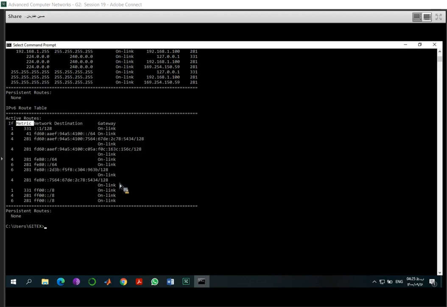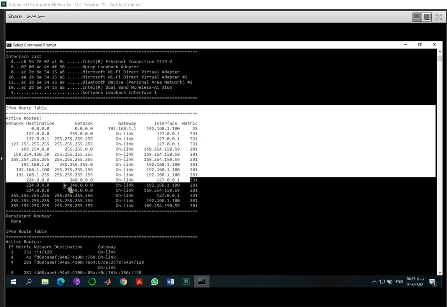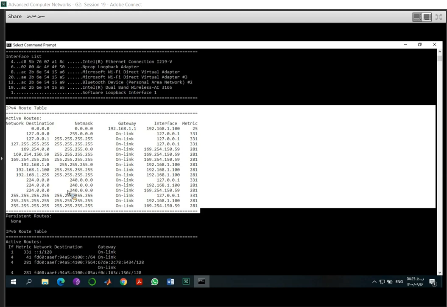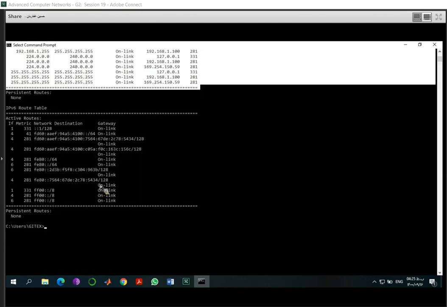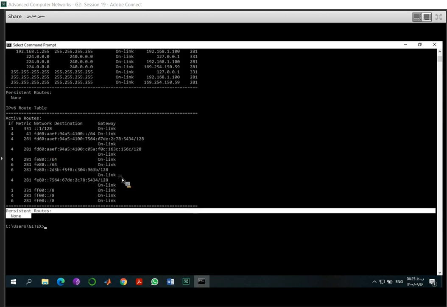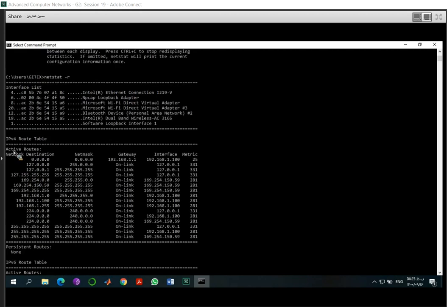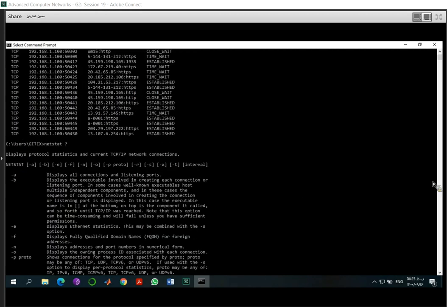Most of the received packets or frames are unicast packets, but there are some non-unicast packets received by my computer. Non-unicast means multicast or broadcast addresses. And here you can see in my computer there is no discarded packet, there is no packet with errors or unknown protocols.